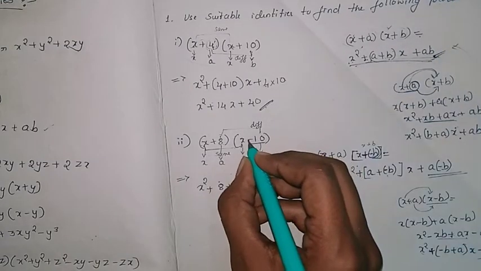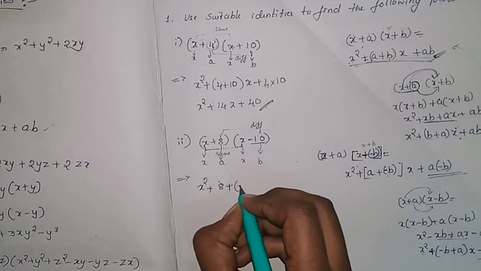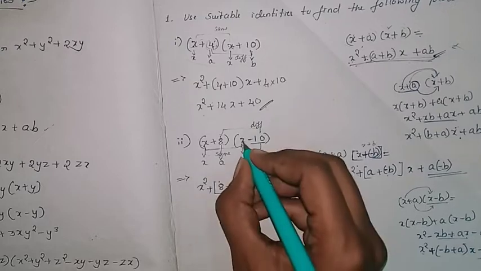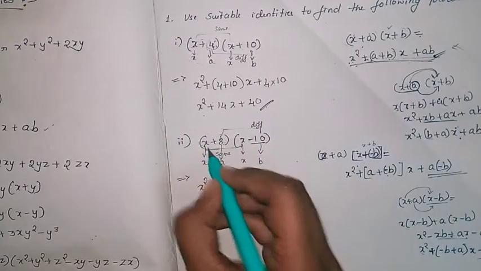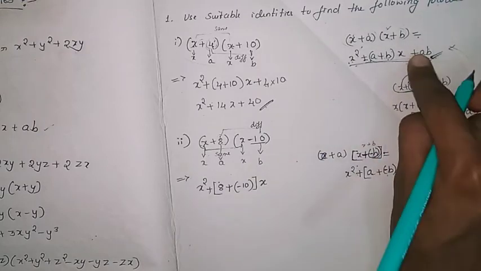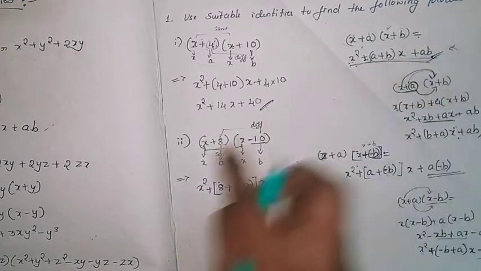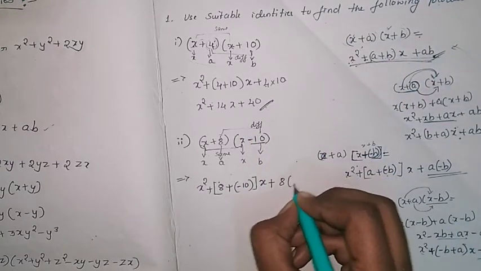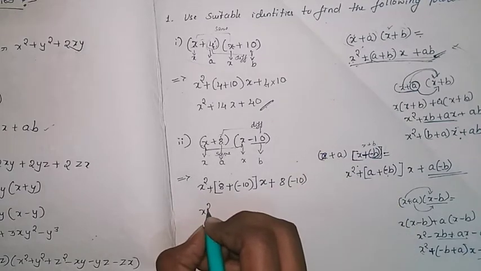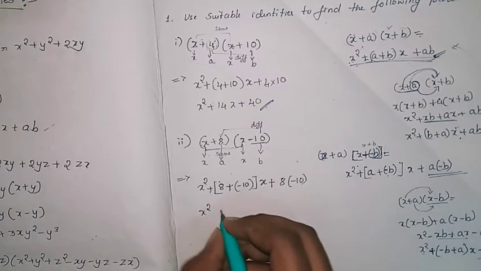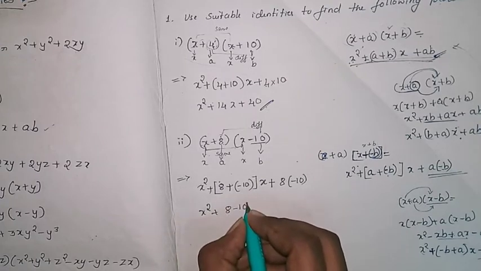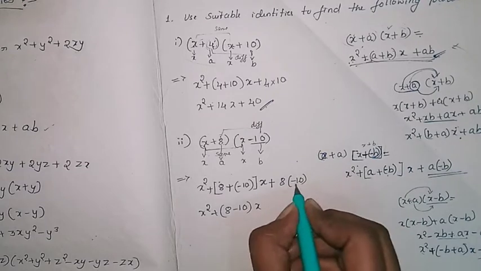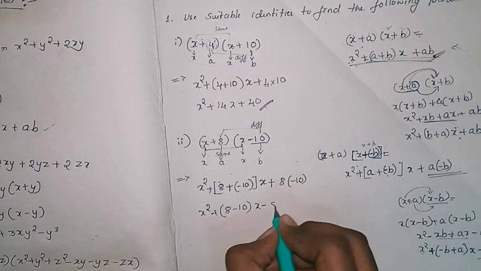So as it is the negative term, I am considering the negative term, that is minus 10 into the bracket. We will write that one, and here it is x, that means the first term. So it is x. Now plus of a into b, which is the a here, that is 8, which is the b here, that is minus 10. Now x square, so it is 8 minus of 10. So I will write that one, otherwise you will get confused. 8 minus 10 x plus of 8 into 10, that is 8 tens are 80, minus 80.